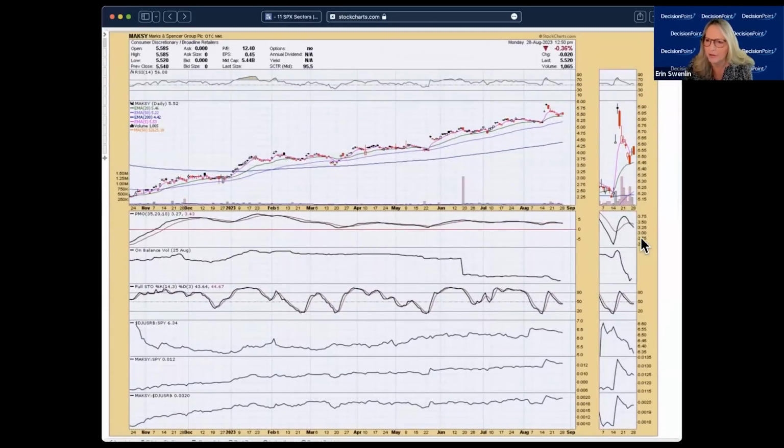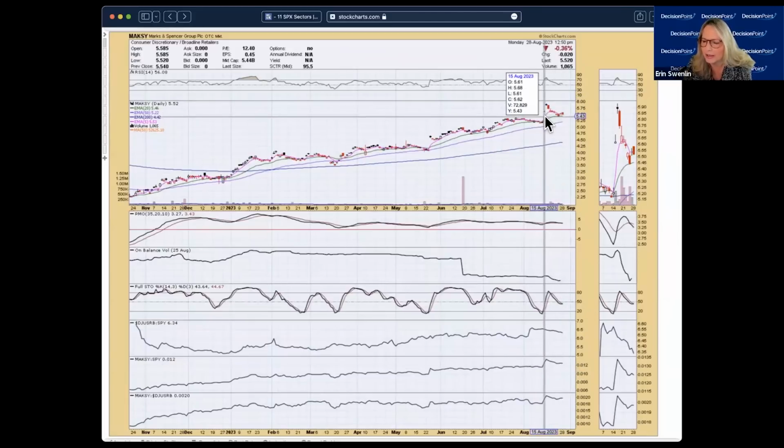You've got a PMO on the sell signal, pull back to support, and it does look like it wants to rally at that point. So that makes this interesting. Stochastics trying to turn up, but haven't. This would be my real big issue here, is it's in a group that's losing relative strength against the S&P. It itself is losing strength against the S&P. I don't think that this is something I'd want to be in.